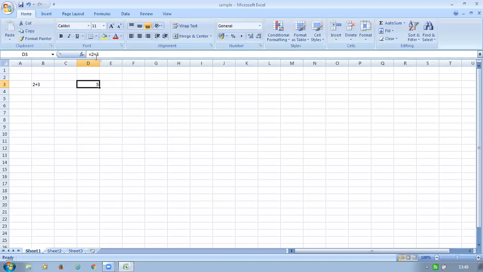You can see in the box above that the function says equal to 2 plus 3, right? If I press here, only 2 plus 3 is there. It will take this as text. Okay, 2 plus 3 is text in this box. But in this box, if I type equal to 2 plus 3, it will take it as a function. Okay, it will calculate and give me the result.